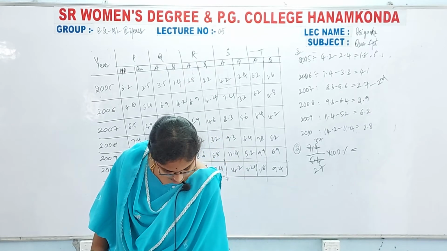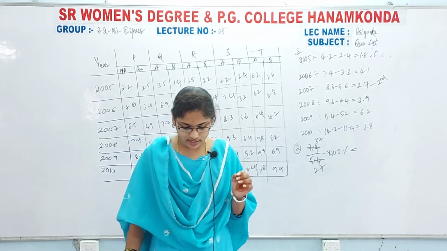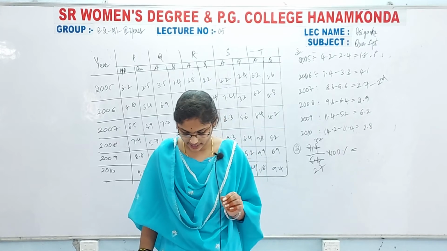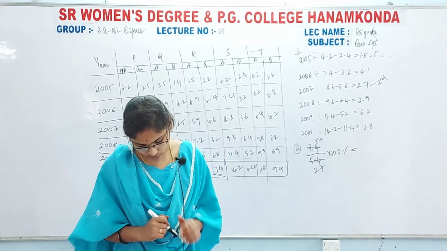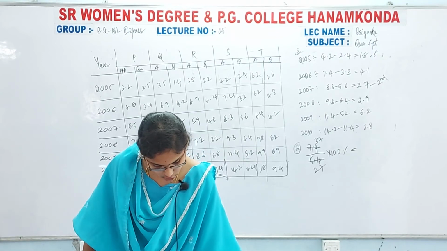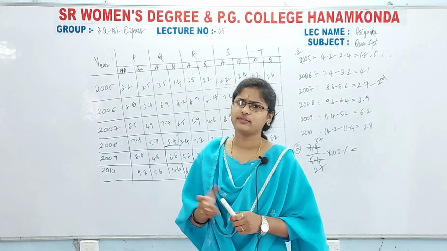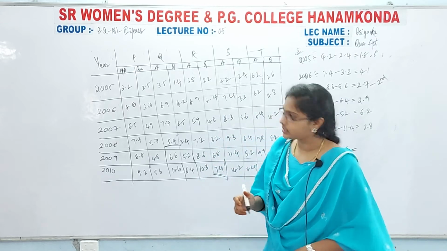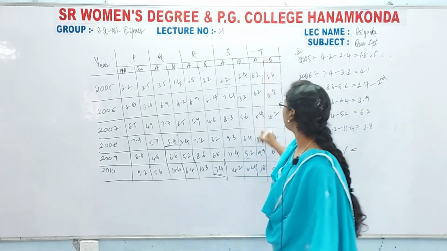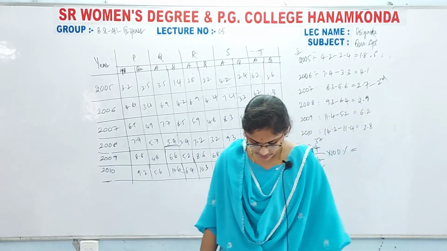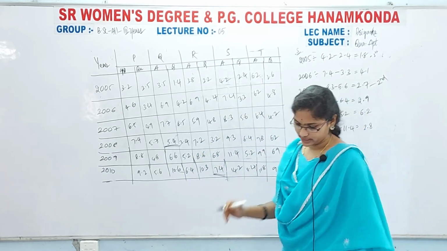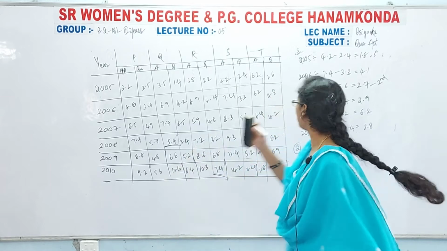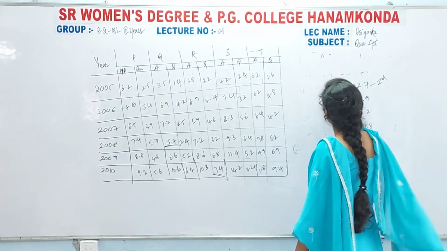Okay. Next, write down the third question. What was the average number of candidates from the zone T over all the years together? Simply we have to find the average of zone T. So this is the zone T. Okay. What they mentioned is the appeared students only. So the average can be calculated as the sum of the values by the number of the values.